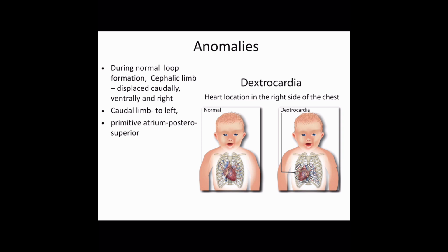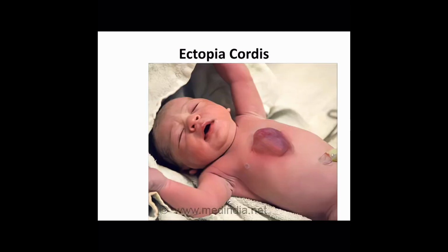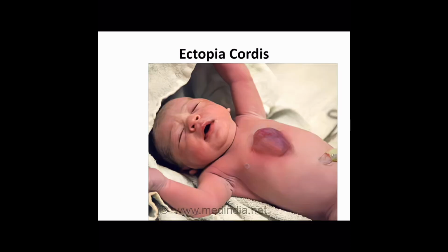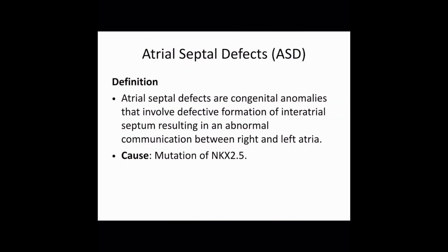Okay, then ectopia cordis. Now what is ectopia cordis? In this condition, the anterior thoracic wall fails to develop and the heart is exposed outside. It could be partial or complete. In partial, it may be covered with skin. So that is ectopia cordis. Prognosis is very poor in this case. Then atrial septal defect. This is asked as a short note. We have already discussed